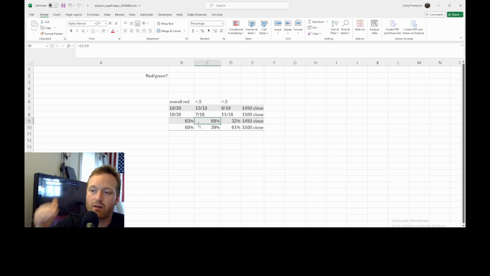Okay, but if it goes down to 1450, you get out 10 minutes before market close, because you want to get out for some reason. You're short, you want to get out. 68% of the time, it is going to be for less than 50 cents. And then only 30% of the time, it's going to be more than 50 cents. But if you hold on till close, 60% of the time, it will go more. 60% of the time, it'll be greater than 50 cents reward here